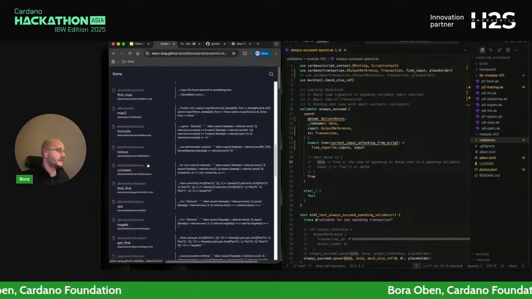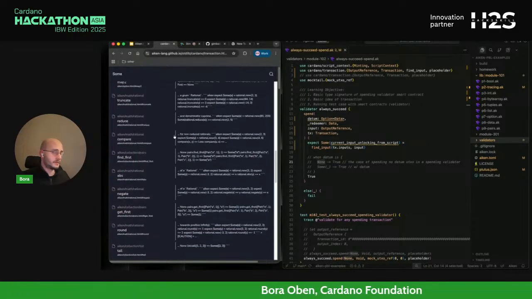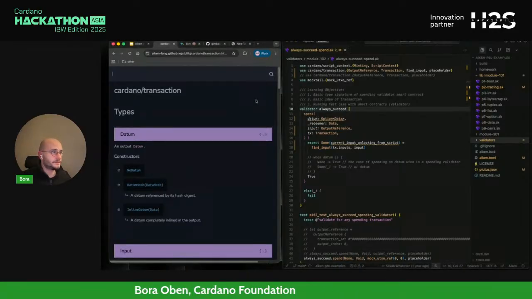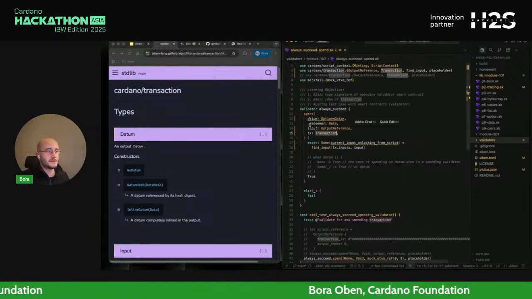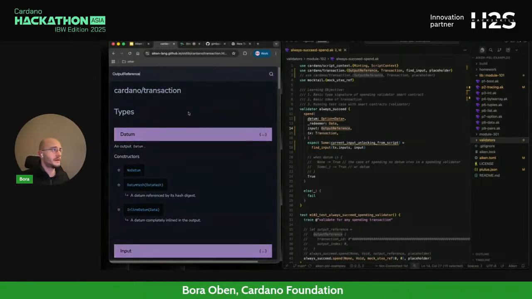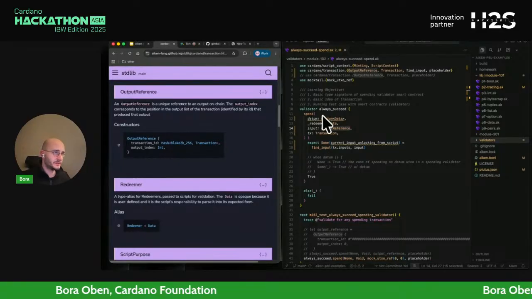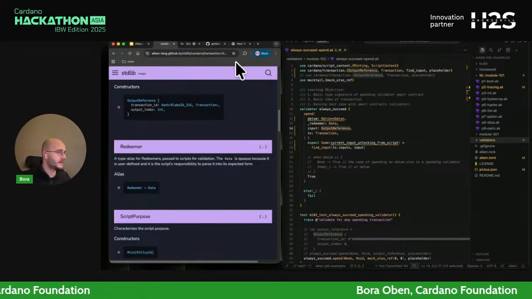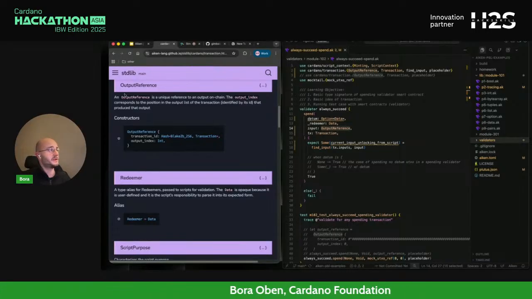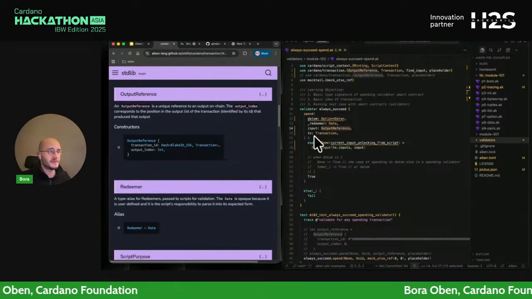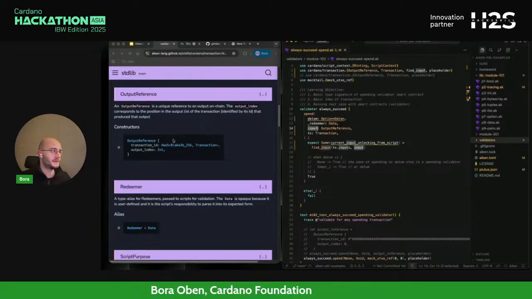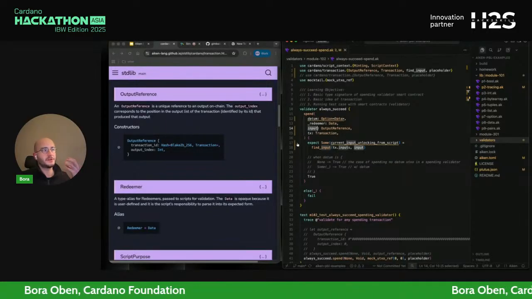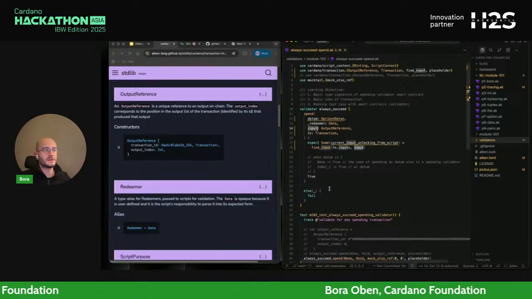Maybe I can find it from here. Whatever. You can also check for these types, of course, here. Just like I searched for transaction before, you can also check for output reference. I tried to find the datum type here, but forgot where it was exactly. But for example, you can also check for the output reference that is specified in the spend smart contract here. And what it is made out of is, we call it an input here, and an input in Cardano would be the specific UTXO that you're trying to spend from this smart contract.